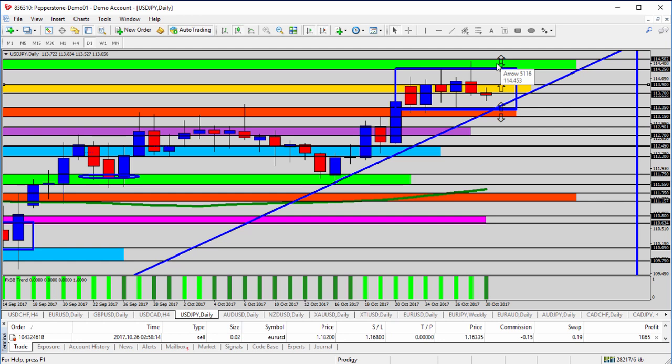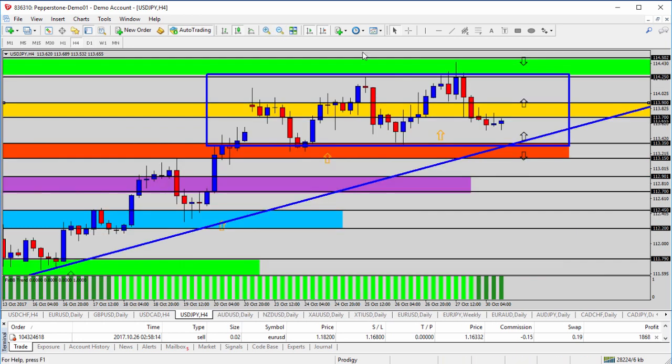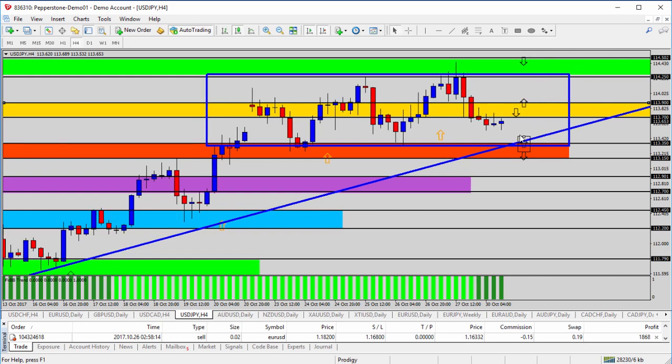If you're looking to go short, obviously we're not at the green zone, maybe an intraday short under the yellow zone, take it down to the 4 hour time frame. We are holding underneath there today, so as long as it's underneath that yellow zone today, don't buy it, don't go long. You could be looking for intraday shorts, and that would work well with all of the other pairs